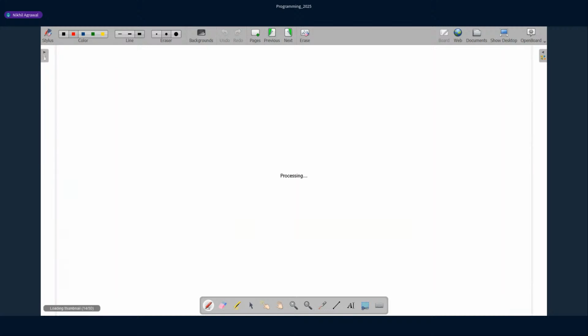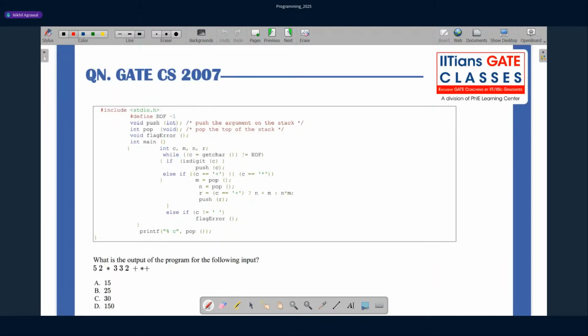So this is another question which was asked in the year 2007. Yes, try. They are asking what is the output of the program for the following input. So this is the sequence being given.